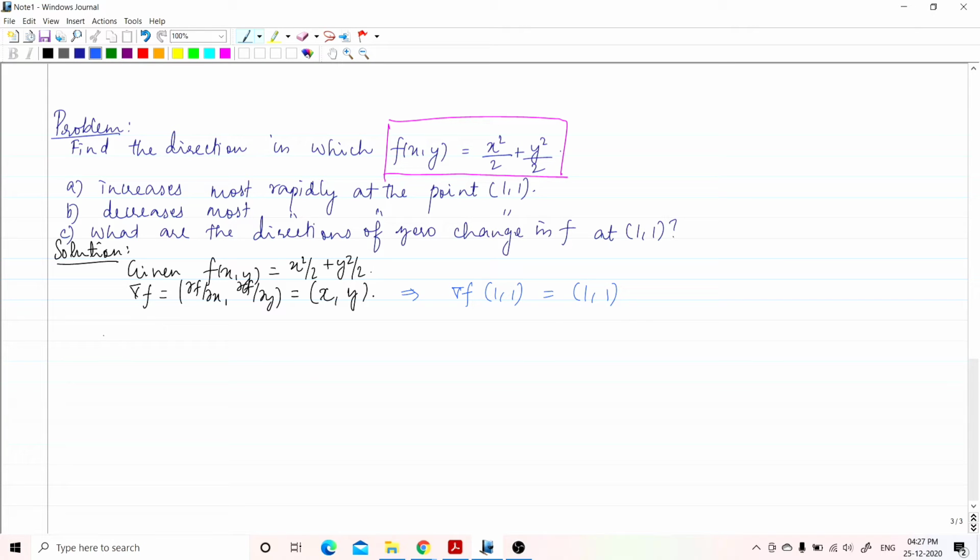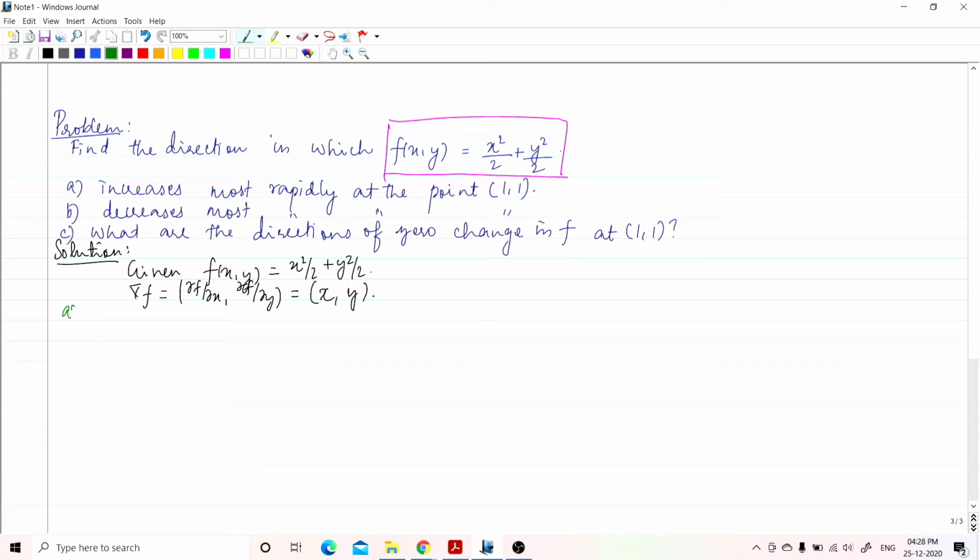Okay, sir, step by step once more. You are given the function x square upon 2 plus y square upon 2. From this, first identify your gradient vector, that is del f upon del x and del f upon del y. Here it is a function of two variables. These two variables are independent, and you are differentiating partially with respect to x and then partially with respect to y. Once you have found your gradient vector, substitute the points into this. Actually, if you want, I can write it as a separate thing.